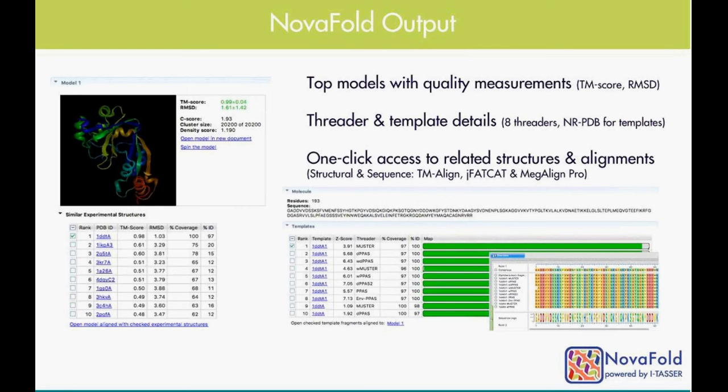So kind of going down through this list, what you're provided with after the prediction is run is that you get a set number of models. The default is 5, with not only the models themselves, but also with quality measurements, theoretical modeling score, and RMSD against the templates that are used. Also, you get details about the threaders that were used. Within NovaFold, 8 threaders are used, and we provide, as mentioned before, the non-redundant PDB library to be used as